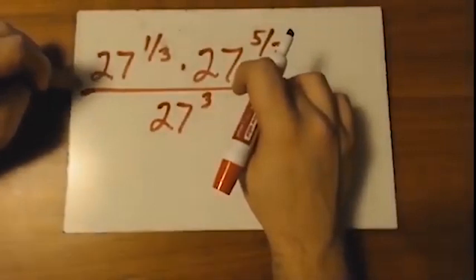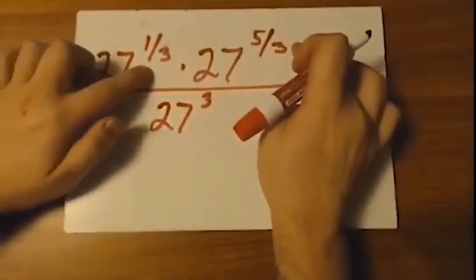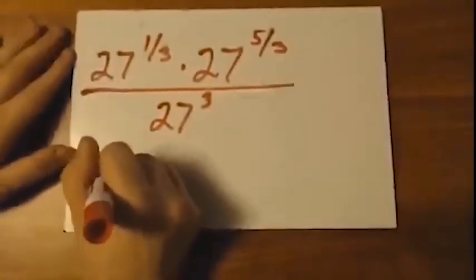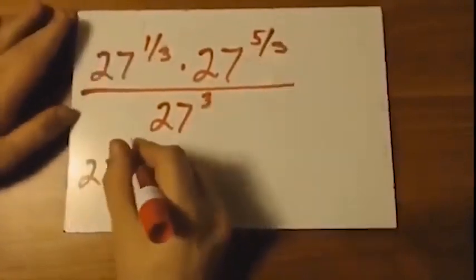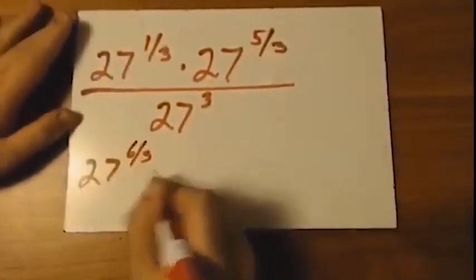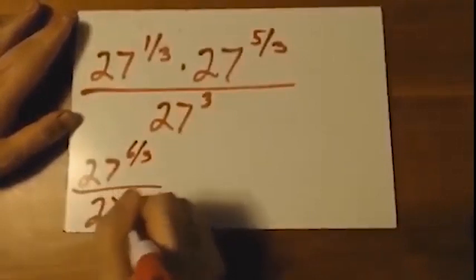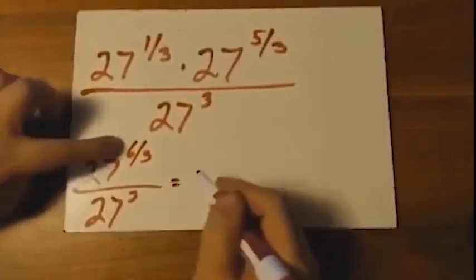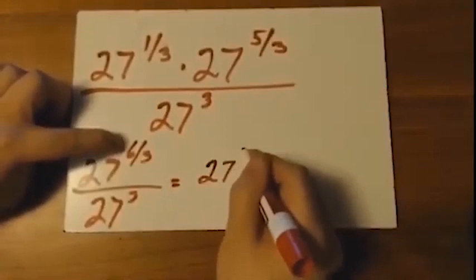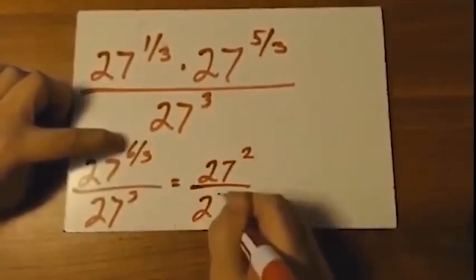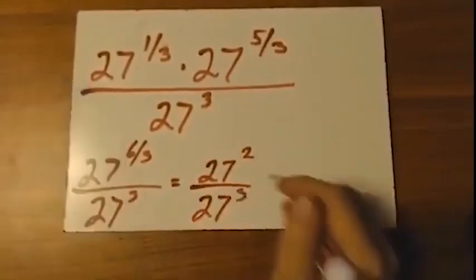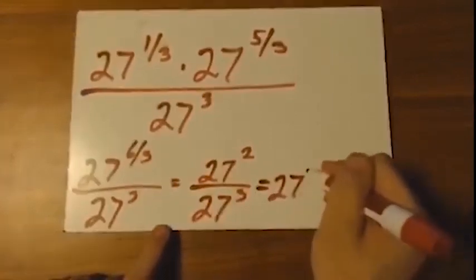Same base, multiplying, so we add the exponents. This would be 27 to the 1/3 plus 5/3, which is 6/3, over 27 to the 3rd. 6 over 3 is 2, so this is 27 squared over 27 cubed, which is 27 to the negative 1,